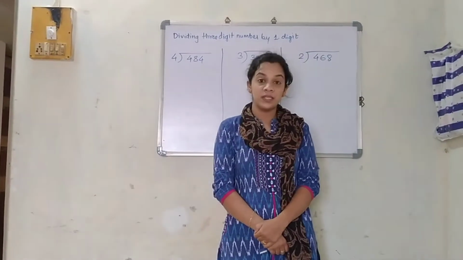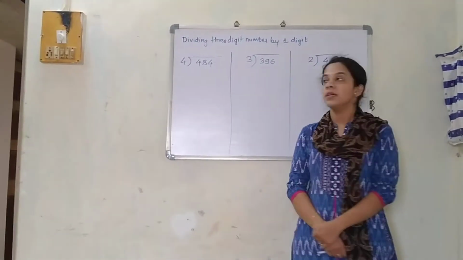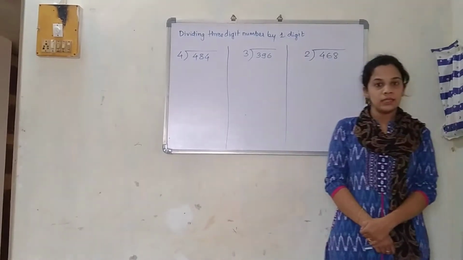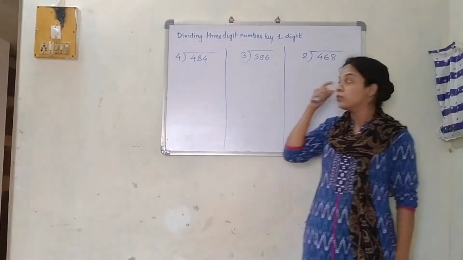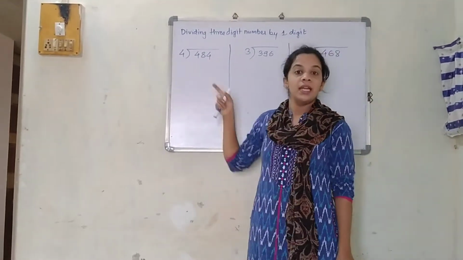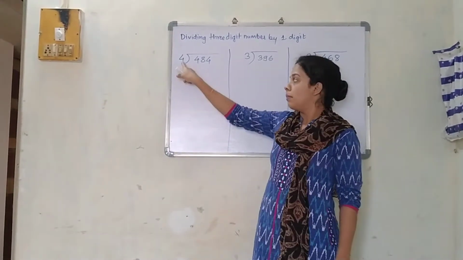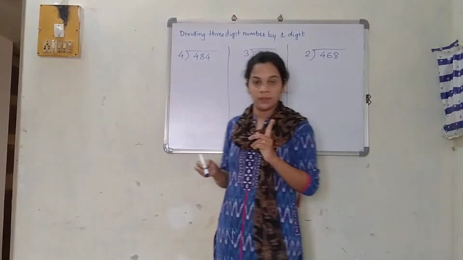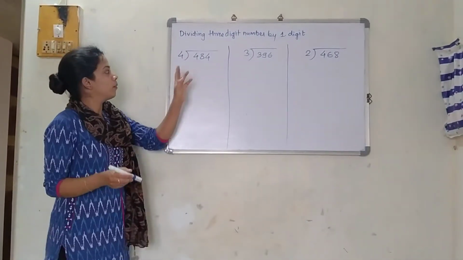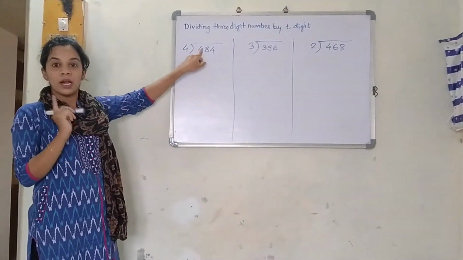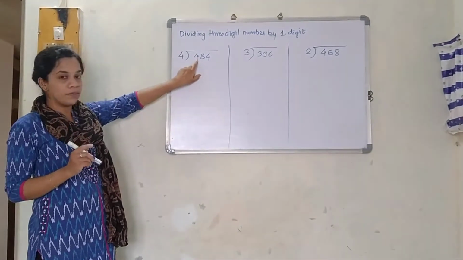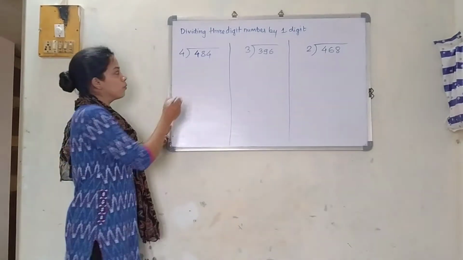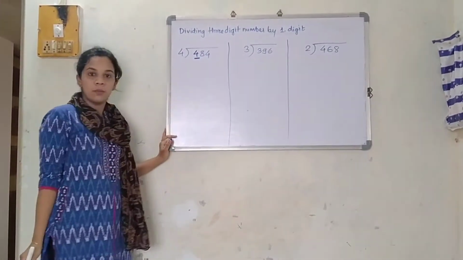So now we are going to see the next part, a very important part. Dividing a 3-digit number by a 1-digit, that is single digit, number. 3-digit number means what? You can see over here 484. It is divided by which number? Divided by 4. How are we supposed to do it? Just see carefully. While doing the division, you are going to consider the first number. Which is this first number over here? 4. Okay, you are always going to focus on this first number.